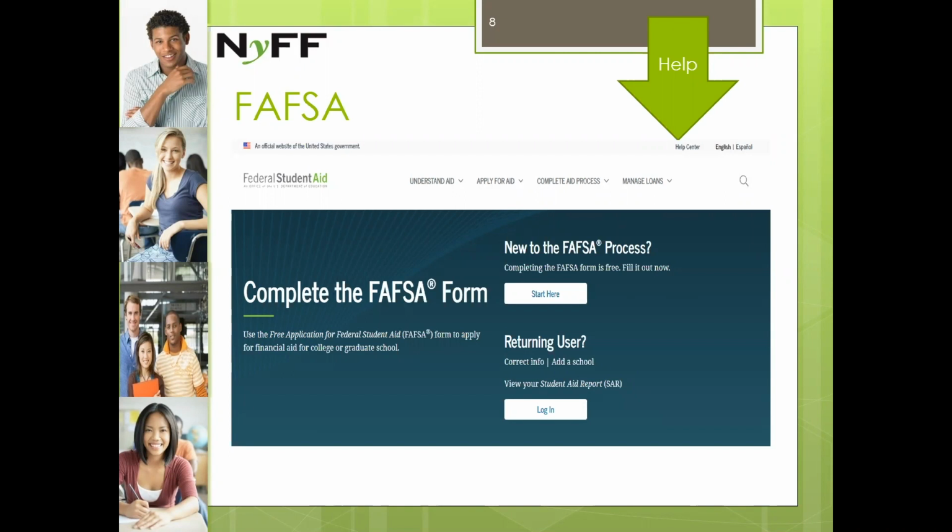Now, once you start here, keep in mind the student will need to complete or create a FAFSA or FSA ID. This, again, represents your unique signature on this FAFSA application. You're going to want to make sure that you keep this information, your username and your password, in a secure location. It remains your username and password for as many years as you are completing a FAFSA and applying for